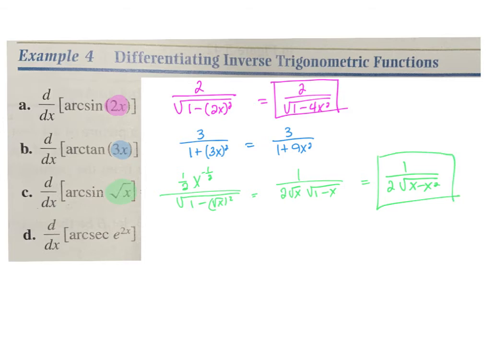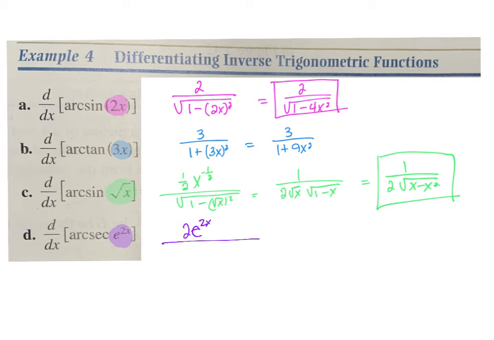And then for the last one, my function here is e to the 2x, and we're doing arc secant. And so remember, the derivative of e to the 2x is just e to the 2x times the derivative of 2x, so that's times 2. Over, I'm going to do,